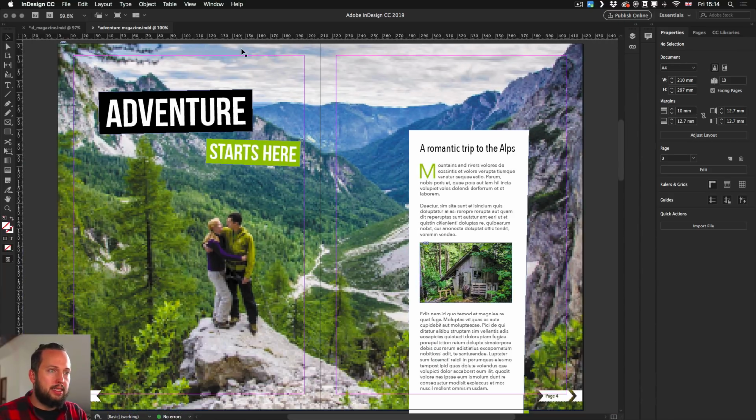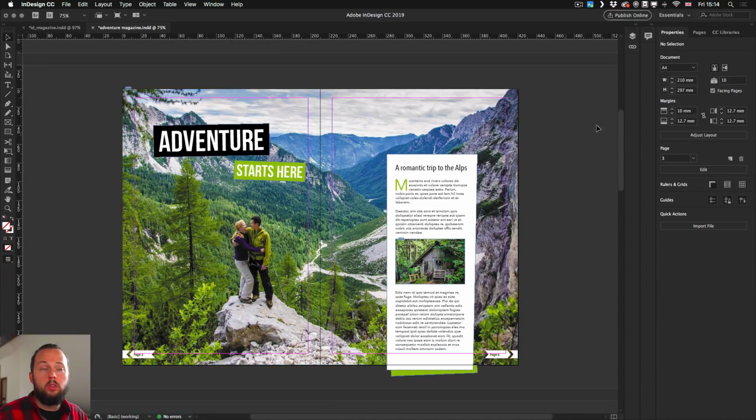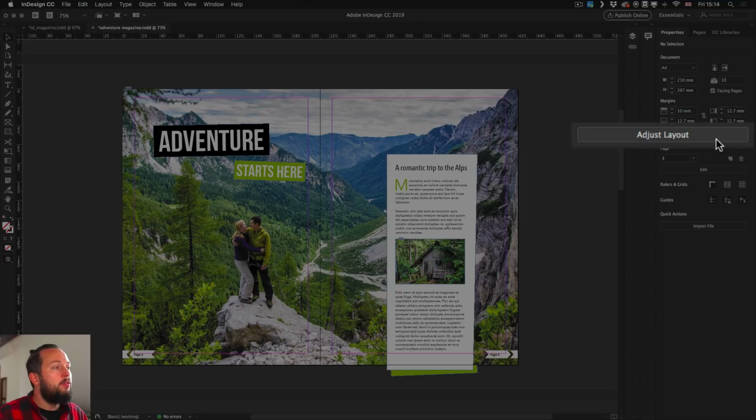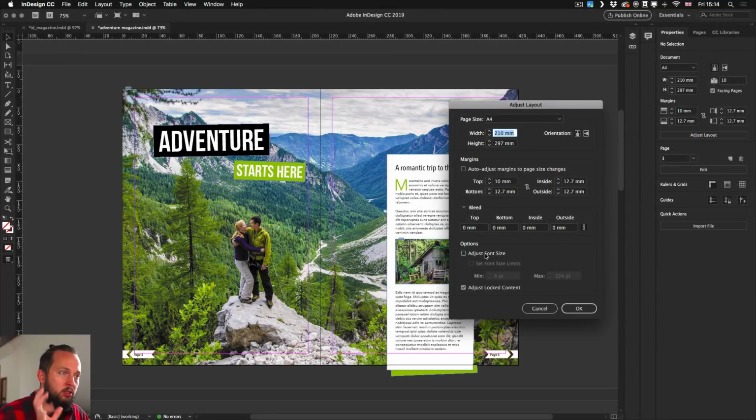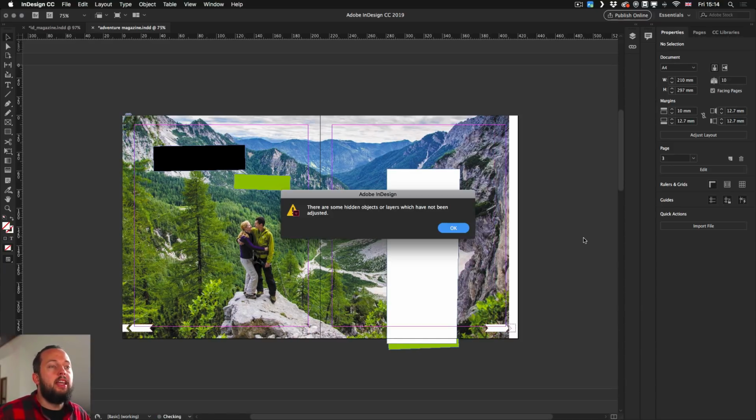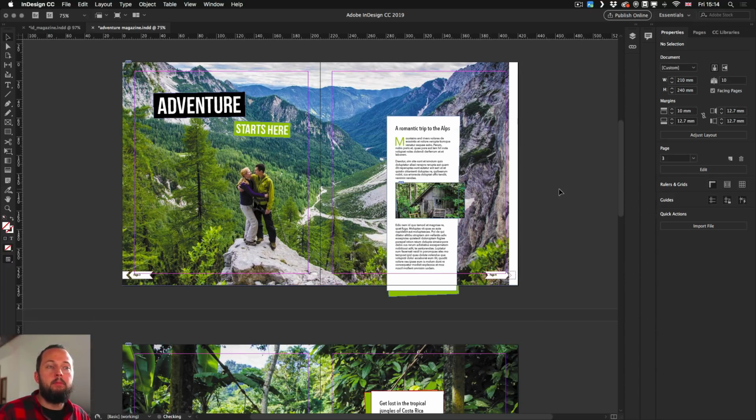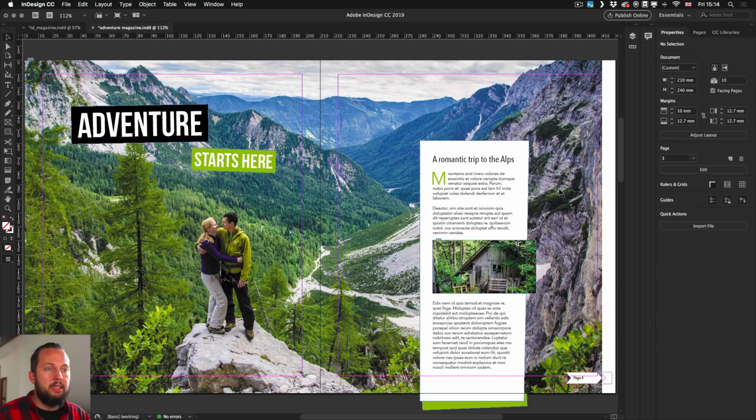and instead of doing it this way, I am going to use the new Adjust Layout option, with which you can turn on lots of additional options like adjusting the margins, adjusting the font size, and whatever changes you are doing here. Let's say I'm changing the height to 240. Once you click OK, it will update all of the pages in the document to this new size, but also it will update the placement of your items. So all the elements in the page will be updated, the font size, the position of it,